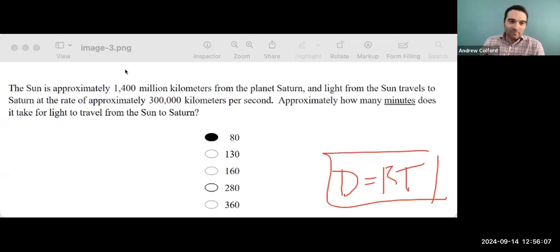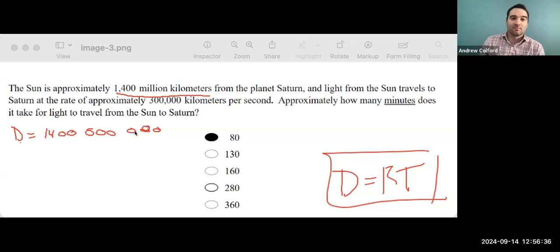So I know that the distance that I'm dealing with is 1,400 million. Now, this is a little bit of a personal choice, but I personally like to write everything out. I don't like to benchmark and say 1400, I'll keep track of the million on my own. I'm just going to write out 1400 million. So the distance is 1400, and then million is